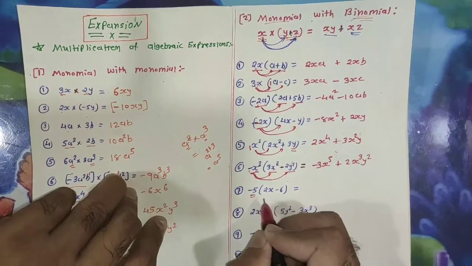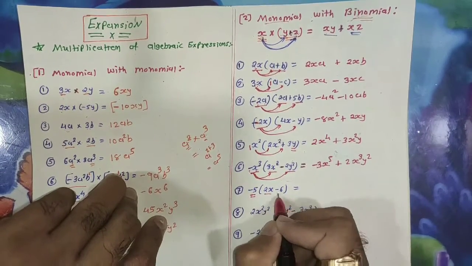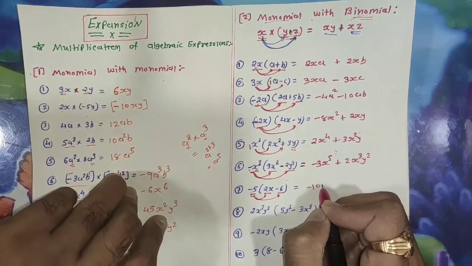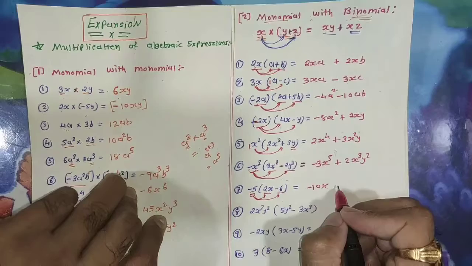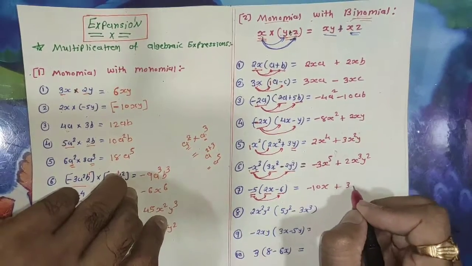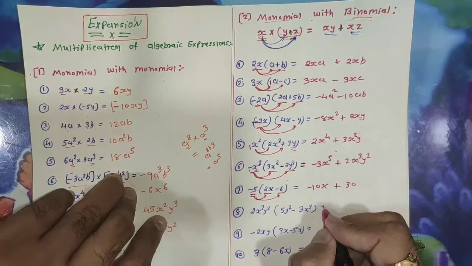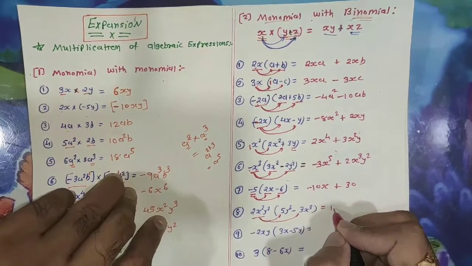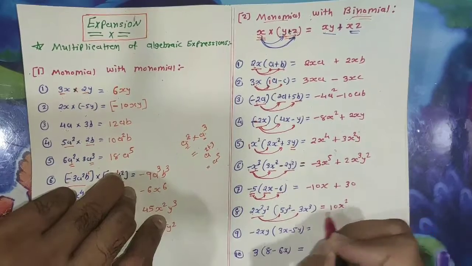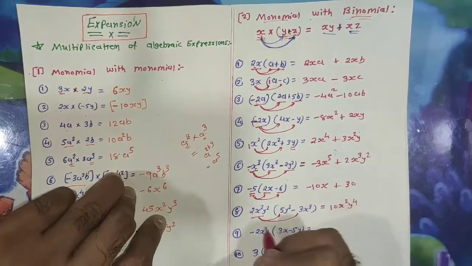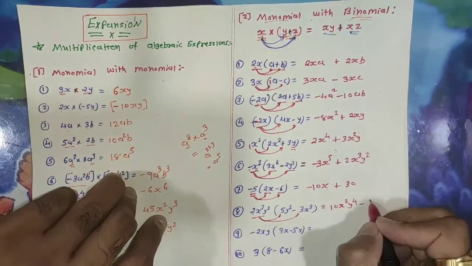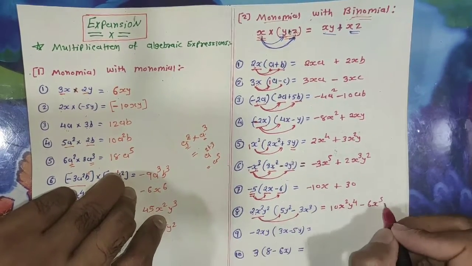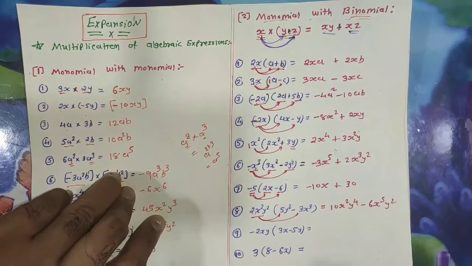Now here minus 5 is there only. No variable in the monomial. First term and second term. Multiply it with this first term and second term. So minus 5 into 2 is minus 10 into x, minus minus plus, 5 into 6 is 30. Now here first term and second term: 5 into 2 is 10, x square y raised to 4; minus 3 into 2 is 6, x square into x cube, so x raised to 5, y square. Clear, students?